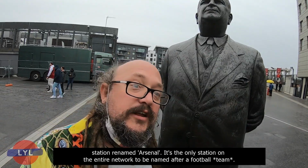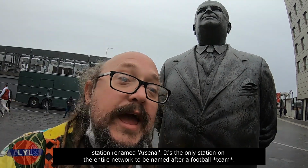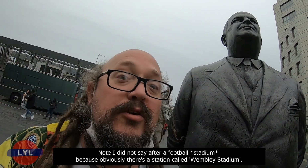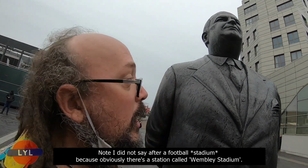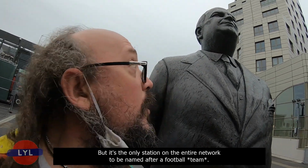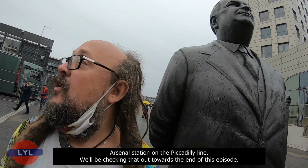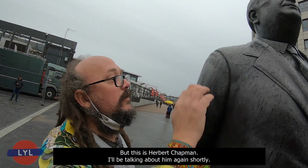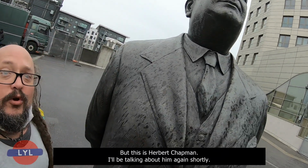It's the only station on the entire network to be named after a football team. I'd note I did not say after a football stadium, because obviously there's a station called Wembley Stadium, but it's the only station on the entire network to be named after a football team. Arsenal Station on the Piccadilly line. We'll be checking that out towards the end of this episode, but this is Herbert Chapman. I'll be talking about him again